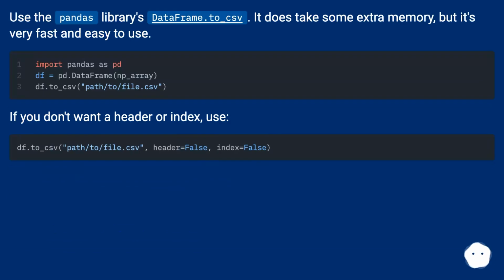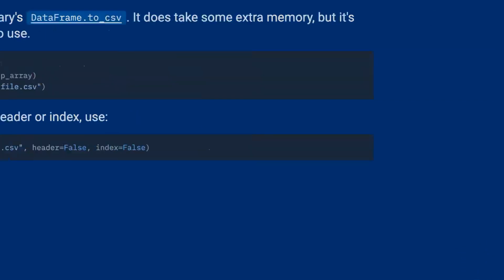Use the Pandas library's DataFrame. It does take some extra memory, but it's very fast and easy to use. If you don't want a header or index, use